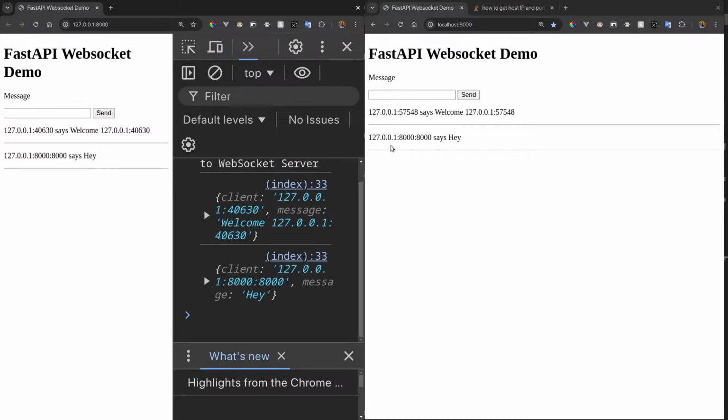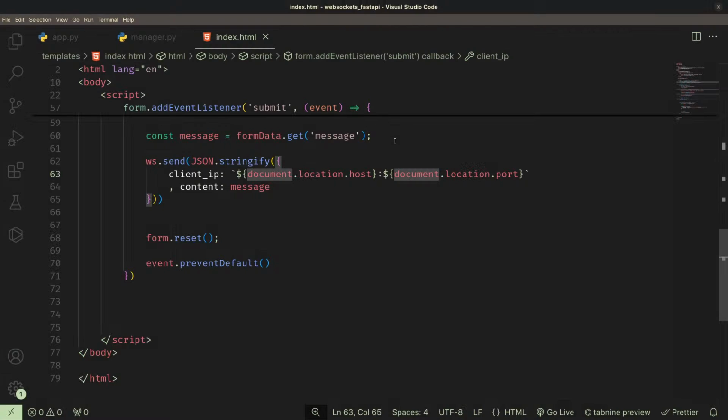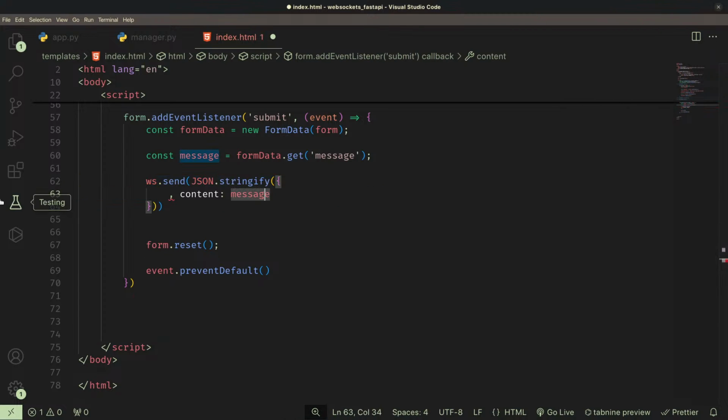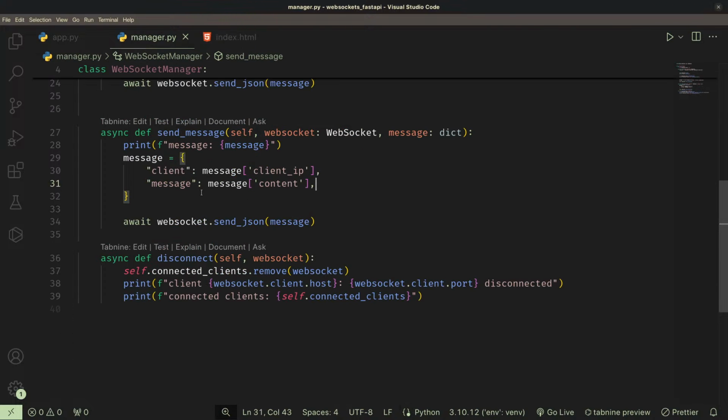Still, it's sending localhost 8000. Why? Something doesn't really seem right. Oh, what I have to concentrate on is actually the message content, instead of trying to write here. So I can just get the message content, and after getting the message content, I can update the manager so that the manager has the,